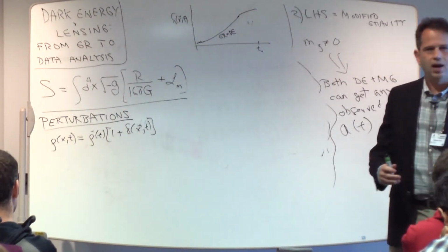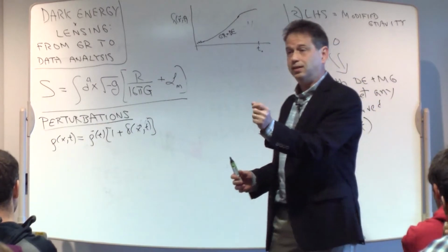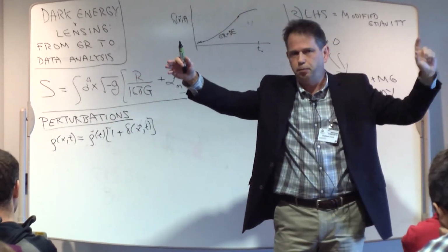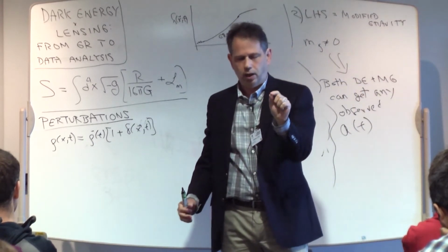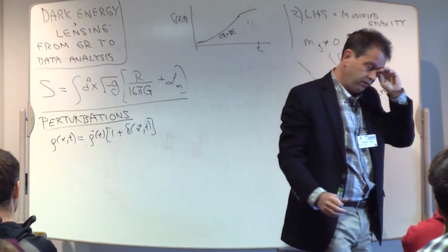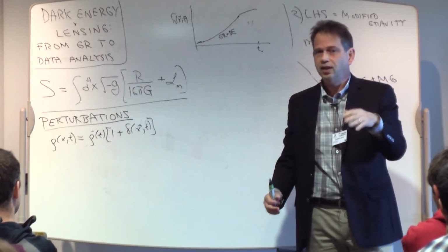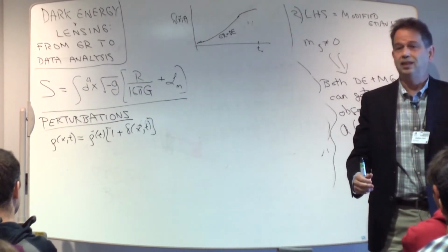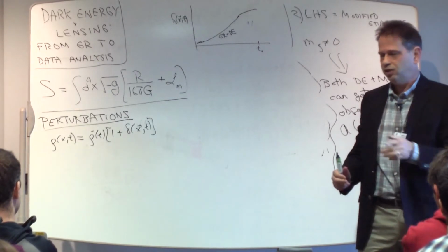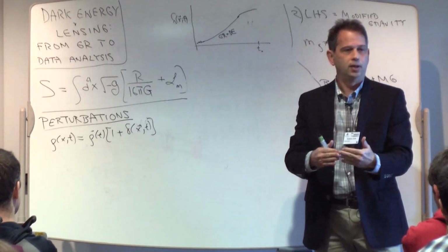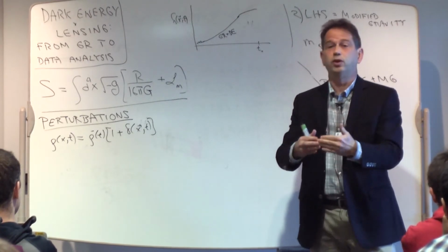In a model with modified gravity, let's take the graviton mass as an example. It's true that the force falls off at very large distances, but you remember that a massless photon only has 2 degrees of freedom, whereas a massive boson has 3. Similarly, with the graviton, if you give it mass, it has extra degrees of freedom. And in fact, generically, almost all modified gravity models introduce extra degrees of freedom. And what that means is they introduce extra forces.